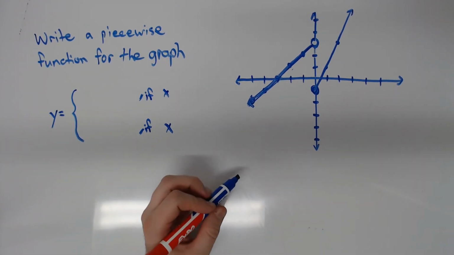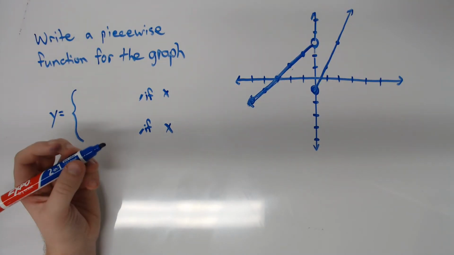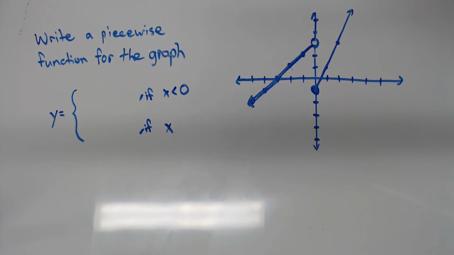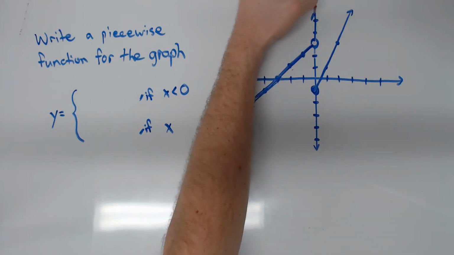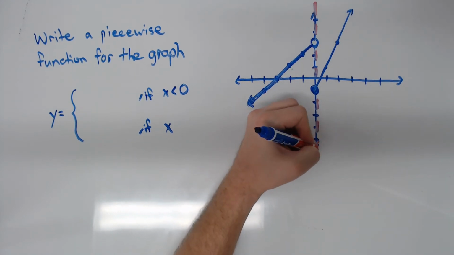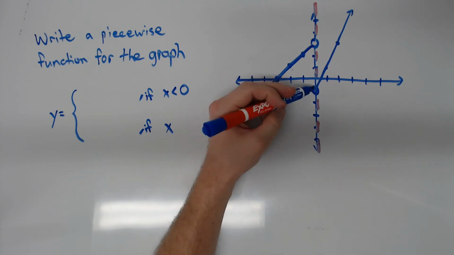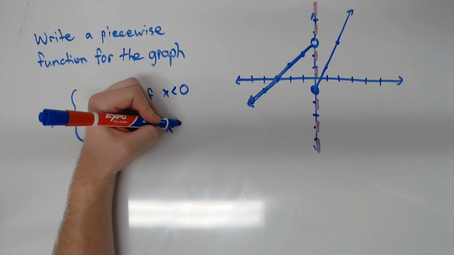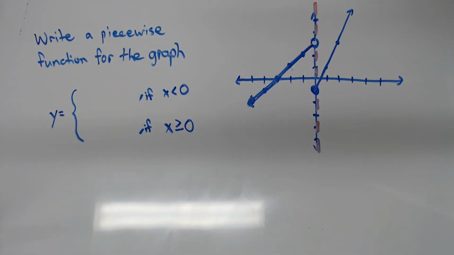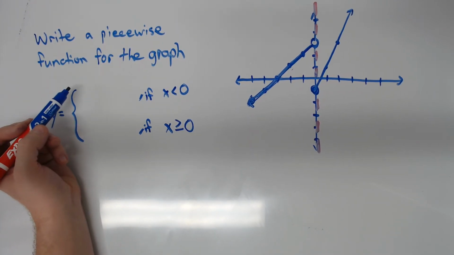Okay, so this graph first. It's got an open circle, and it's going to the left at 0. All right, these are both going to compare to 0, because remember my dashed line? Well, it's also splitting on the y-axis. The other one has a closed circle, and it goes right. So it's going to be the greater than or equal to sign. Okay, so this left equation is my top one in the piecewise function. So